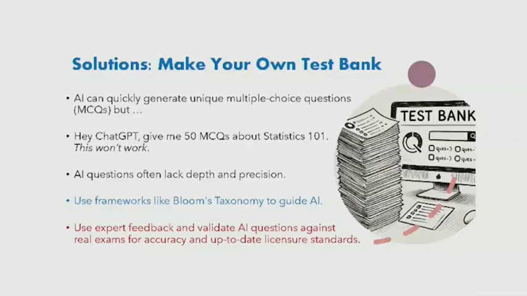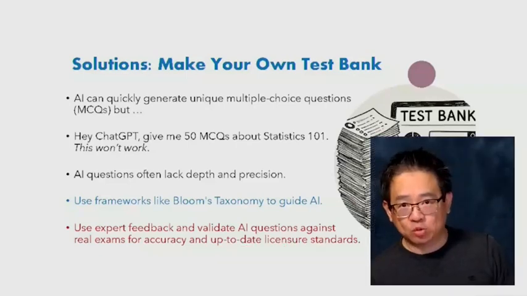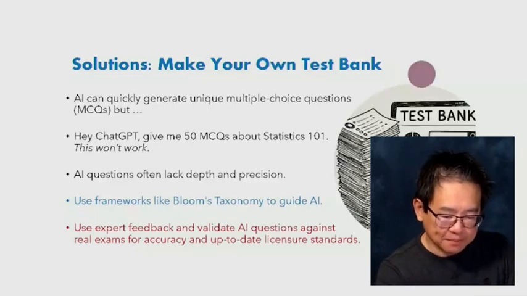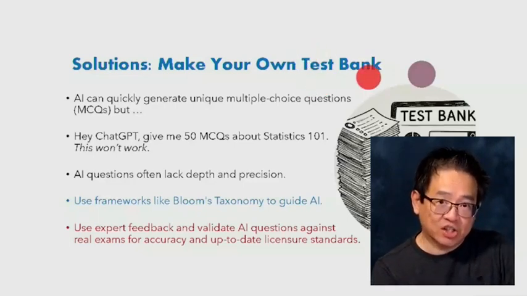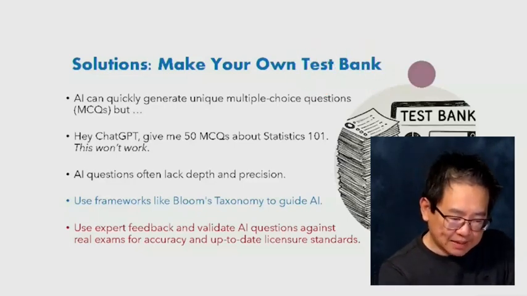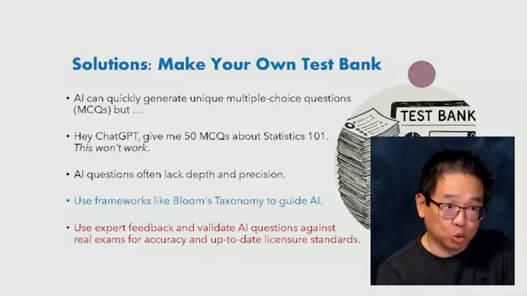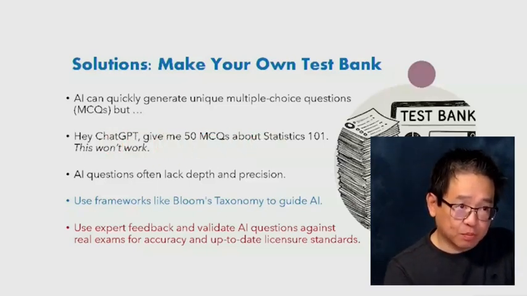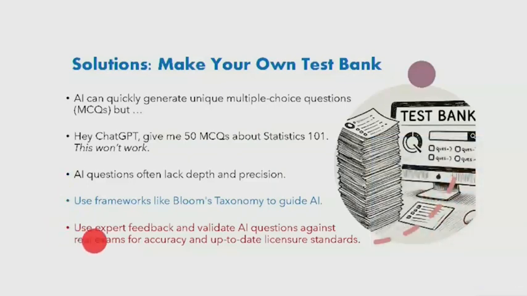So again, the first step to prepare students for content mastery and a licensure exam is to create our own test bank. We use artificial intelligence to do that, but it's not as simple as telling AI to do it for us; rather, it is an iterative process in which we use well-established testing theories to guide us to develop high-quality